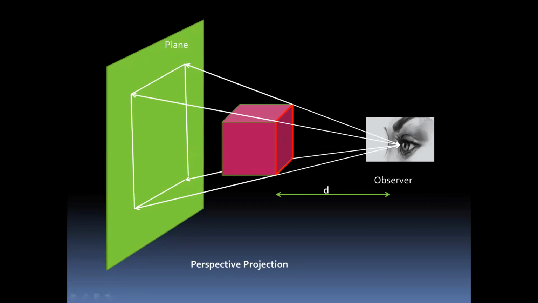Now the projection that is shown here is called a perspective projection. The concept of a perspective projection is, if the observer is close to this object, then the image that is produced on the plane is bigger than the actual size. So this is called perspective projection. If you move the observer away from the object, then this image will be smaller in size. You can observe here.